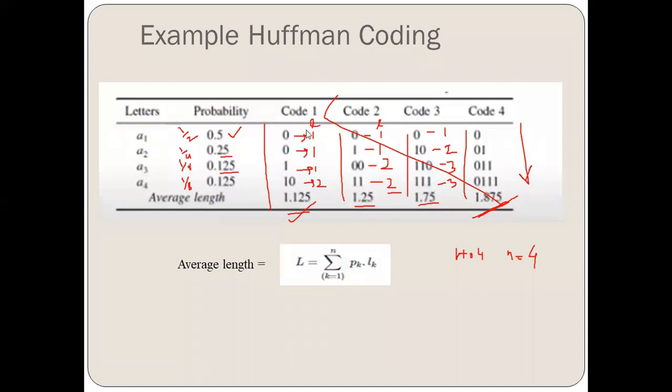So if you do the test for uniquely decodable, then you will find that the third code is the optimum code because it is passing the uniquely decodable test, right? If you want to see how we do the uniquely decodable test, you can see the lecture video series on uniquely decodable code. You will get to know.